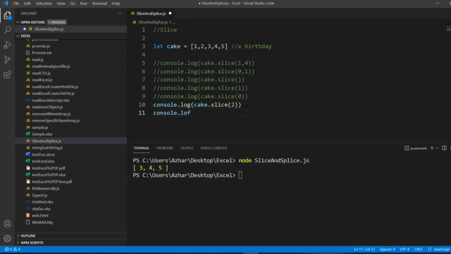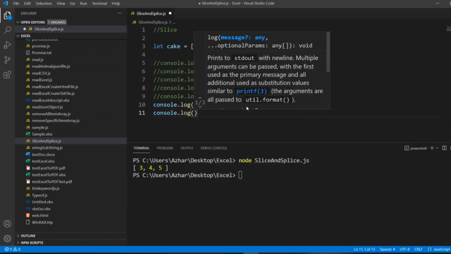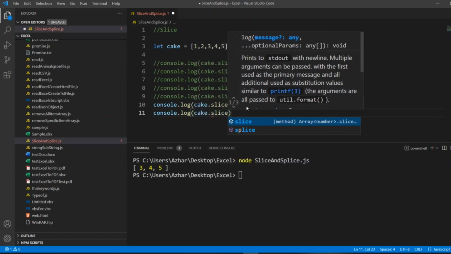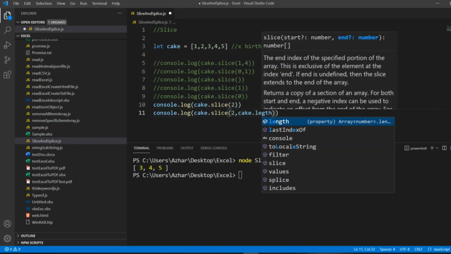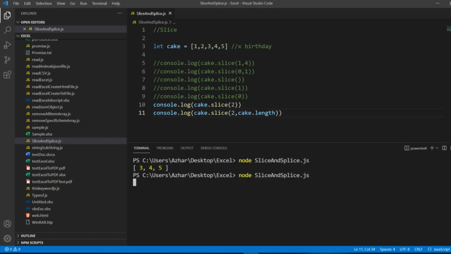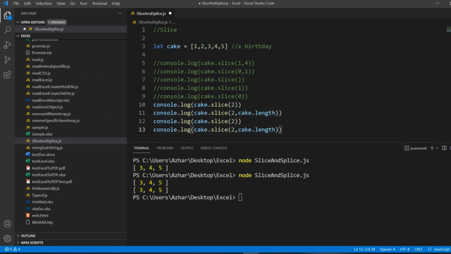It is nothing but console.log cake.slice. It is excluding, right? So this is nothing but these both answers, right? So it is exactly calculating like this. See, if we just give 2, it is taking this as the first one, and up to cake.length it will give. So what if I give 3, right? Notice this, both the values will be similar. So if I give 3, it will exclude the first 3.